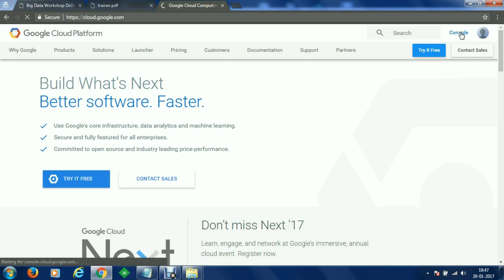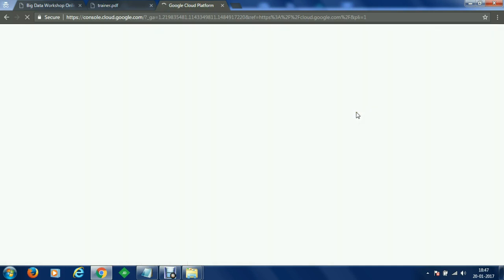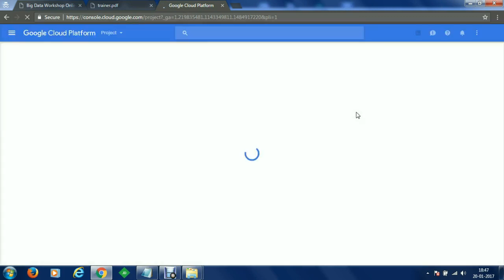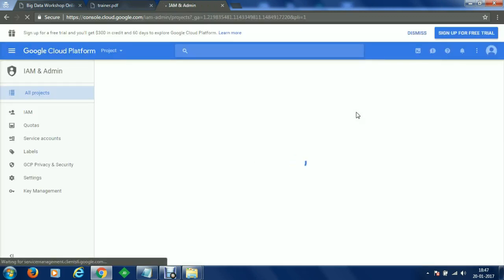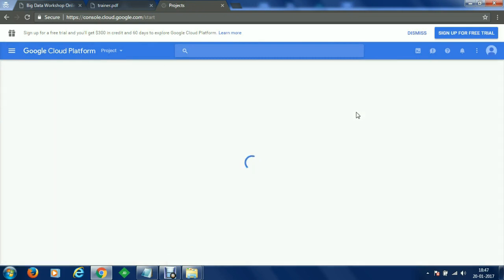We can click on console here and we'll be redirected to Google Cloud Console, wherein we can create our instances, we can choose different instances like Linux machines, Windows machines. We can install our required softwares and we can do analysis. Let me just quickly introduce you with Google Cloud first.